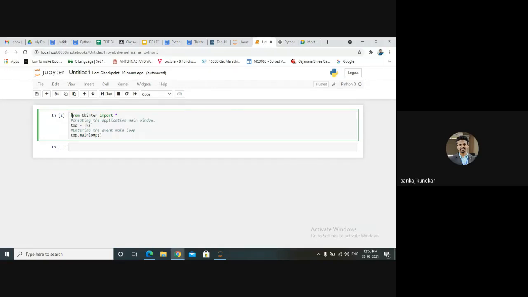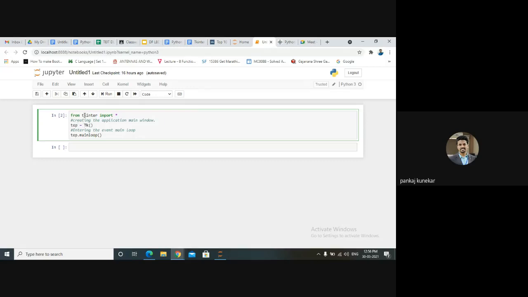We can directly use import Tkinter, or we can use from Tkinter import star. What is the meaning of this? From the Tkinter module, import all the classes and all the functions available in Tkinter. Tkinter has all the functions to create your widgets, and one class is Tk.